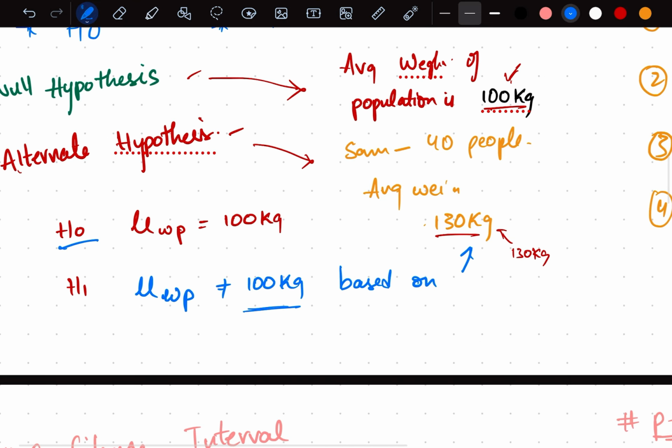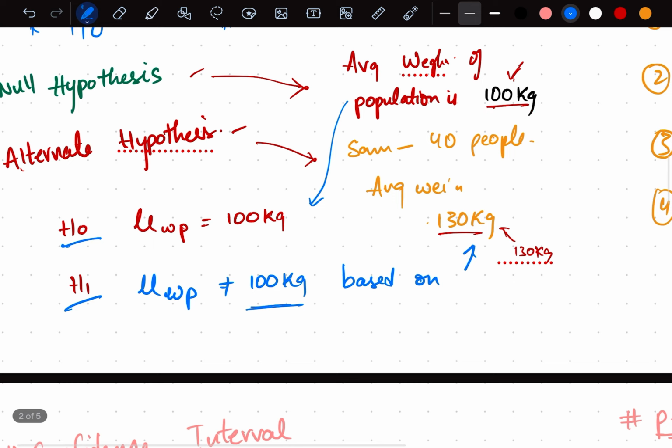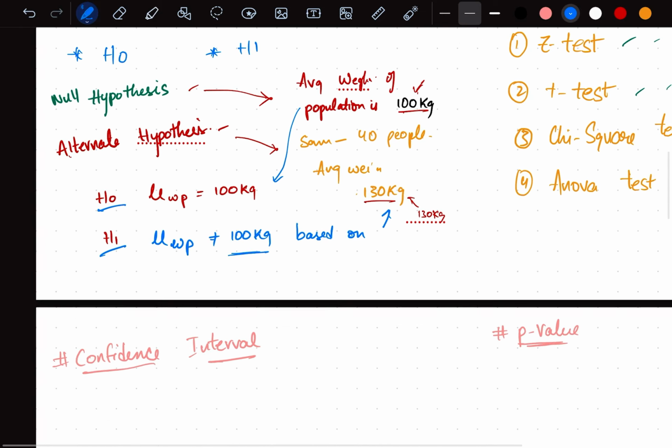So these are the two terminologies that we need to know. Null hypothesis is the current information that we have, and the thing which we want to prove. So it says the average weight is 130 kg, right? So we want to prove that it is right or wrong. That is called the alternate hypothesis. So for this